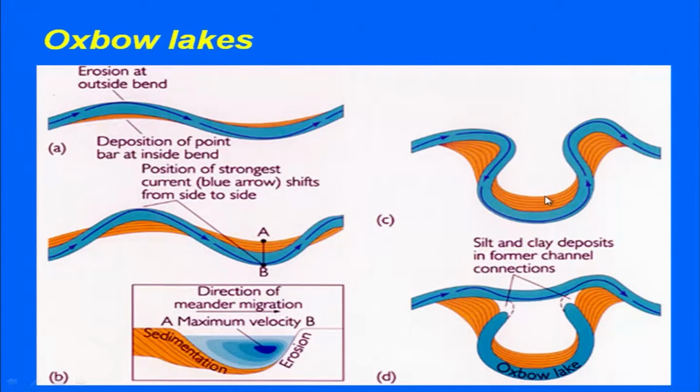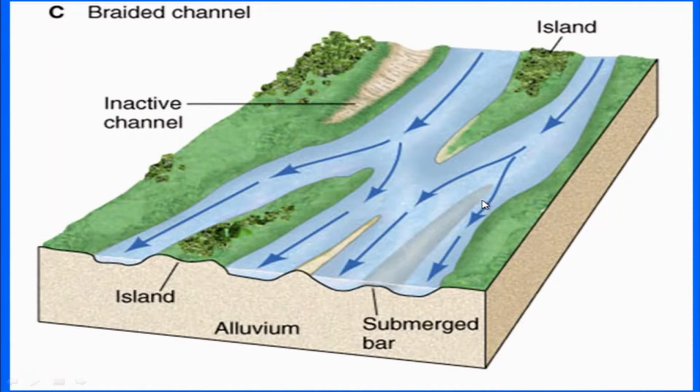So, in one of the photographs I was showing these types of lines, which show the migration of the channel. The channel is moving from this place to this place, and the accretion of the sediments is taking place, which has resulted in the formation of a point bar. Now, coming to the last pattern